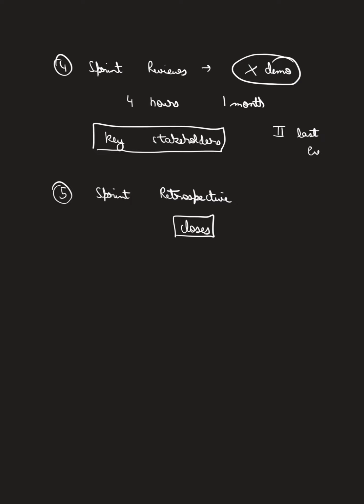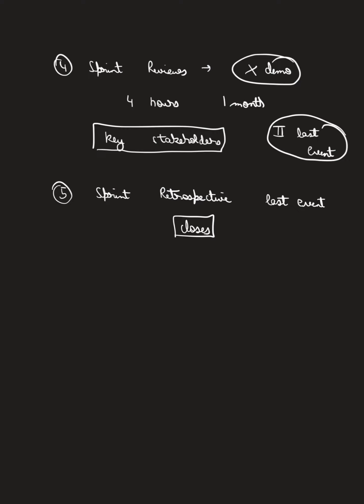Let's write second last event instead of meeting. Meeting is not a word mentioned in the Scrum guide. So this is the last event of your Scrum. And also you need to keep in mind that all events are mandatory. You cannot say, okay, we are not having a sprint retrospective or we are not having a sprint review. Whatever you are doing in your organization is another thing, but this is something which is mandatorily mentioned in the Scrum guide, that you need to follow these 5 events. You need to follow artifacts and commitments, right? These are mandatory.